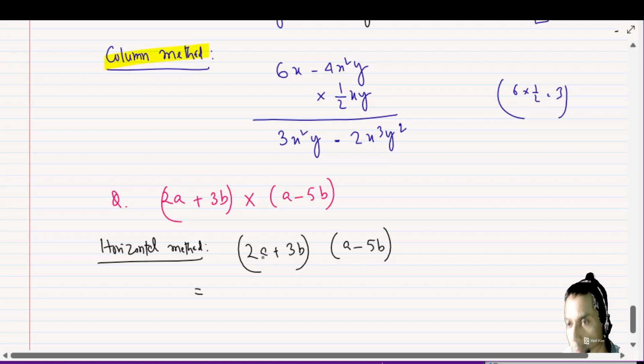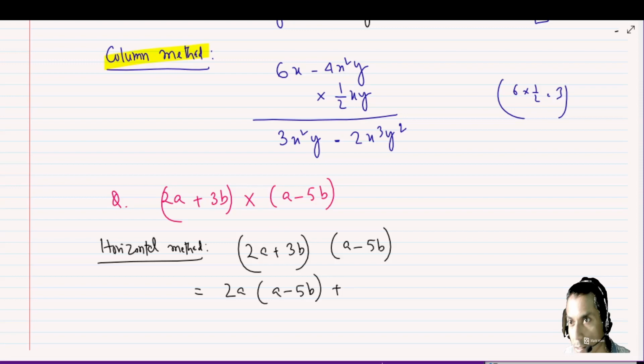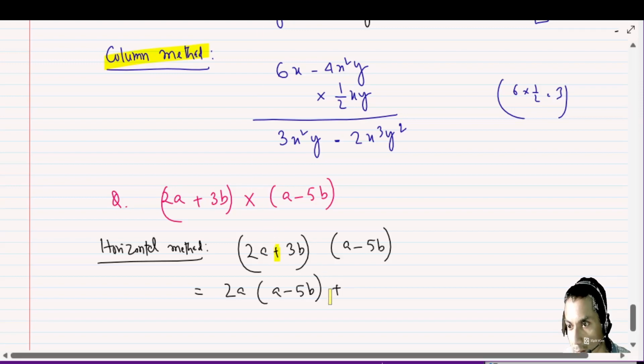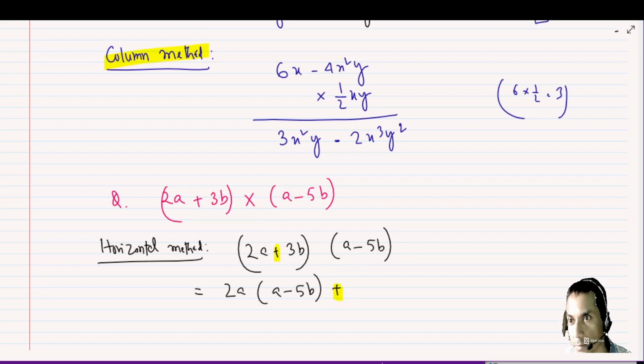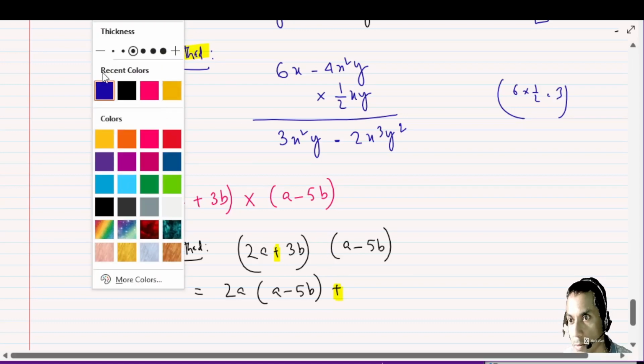First we have to consider 2a, then you multiply into a minus 5b. Next, you consider this plus, it is here. Clear? If it is minus, then it will be minus. Clear? So next it will be